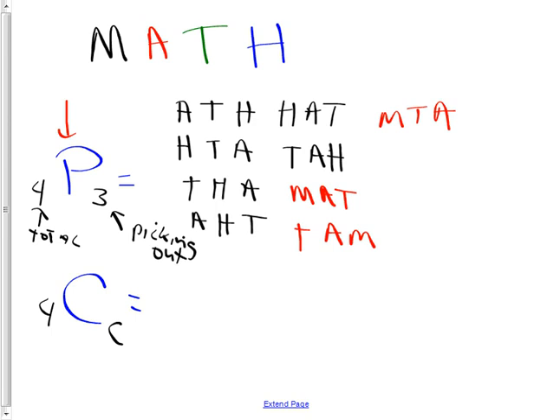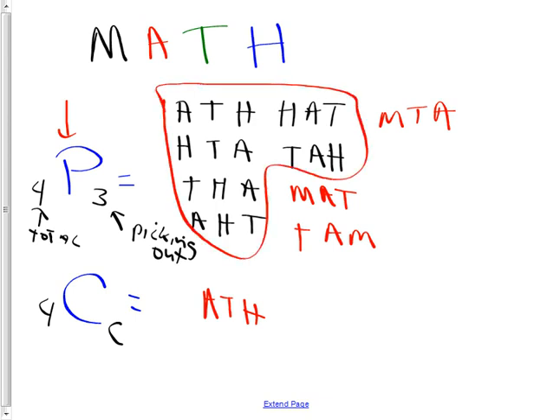What if the order didn't matter? Then if I put up ATH, writing HTA would be irrelevant. ATH is good enough. It covers all 6 of those things. So my point I was looking for when I looked at your answers was that you should have